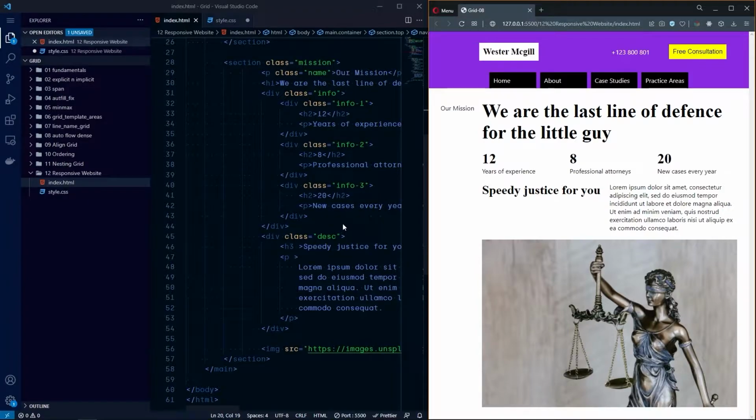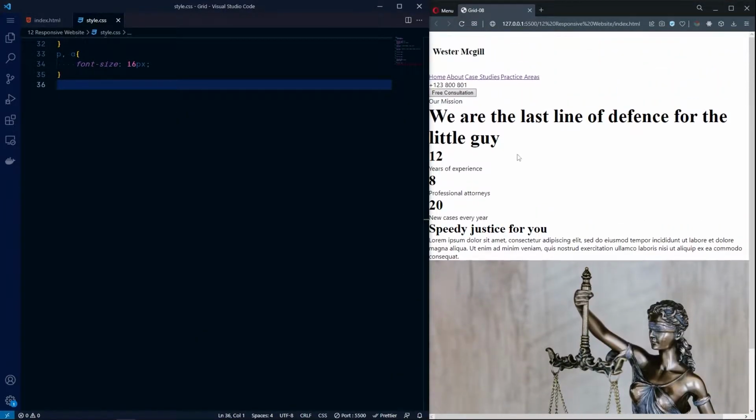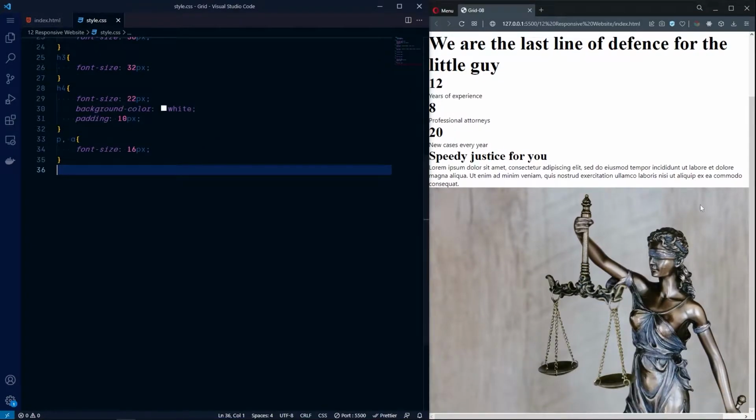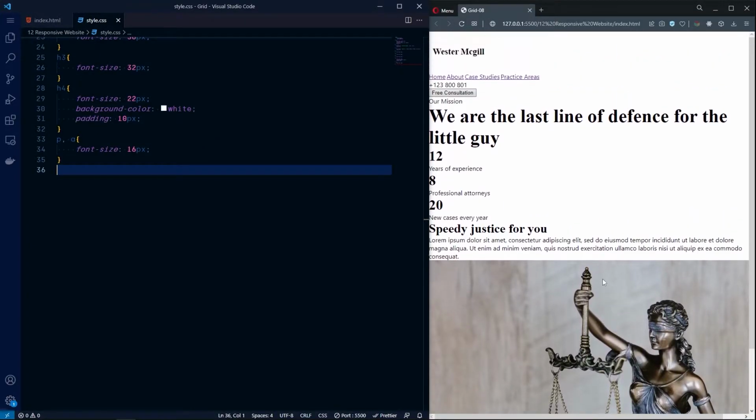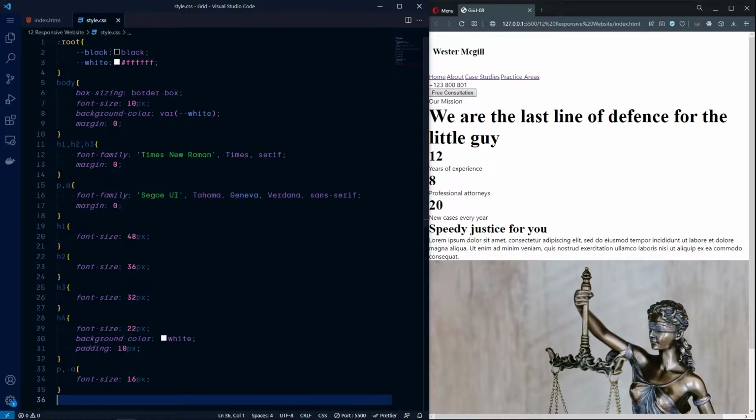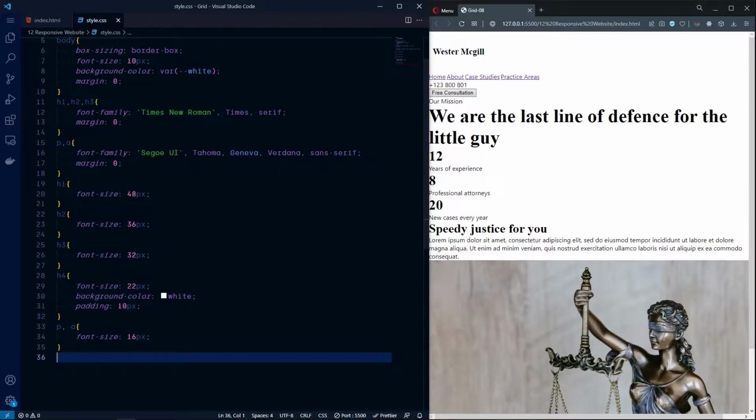So let's style it. Currently we have something like this layout. There is some basic CSS where we are describing our variables, then we have the body background color, then we have this font for h1, h2, h3, and some other font sizes for different tags. Now let's do this. Firstly, we will work on the top, and for that